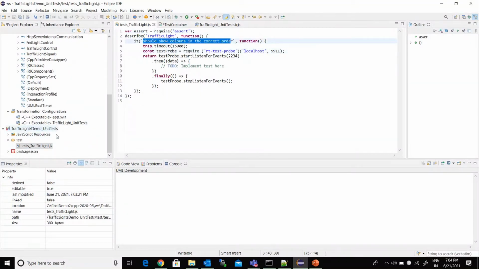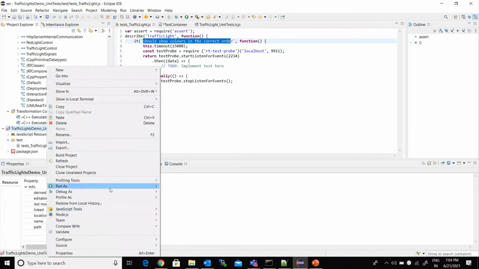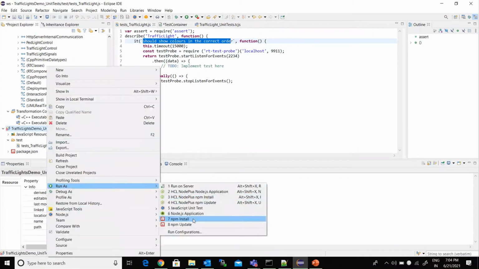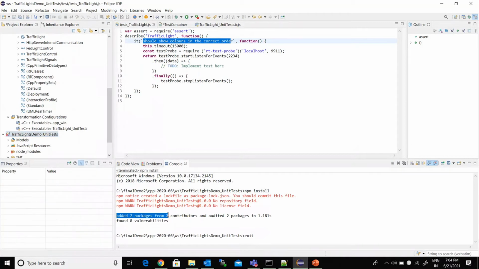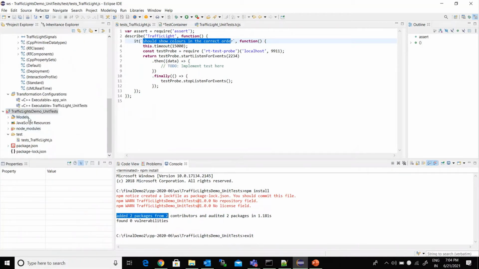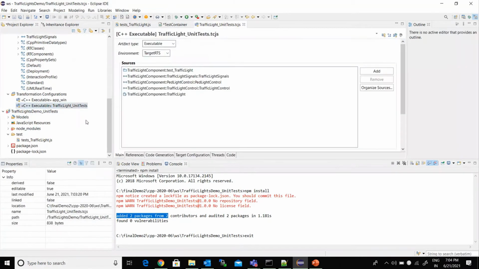First, we will download all the dependencies that are required for this Node.js project using the npm install command. Here all the dependencies will be downloaded. Two packages got downloaded here, and first we will build the test driver application using this command, build transformation on